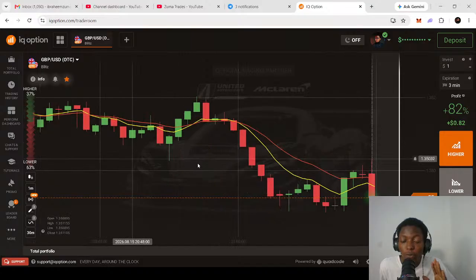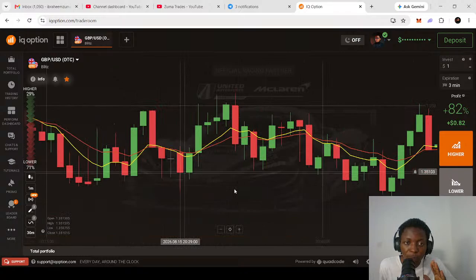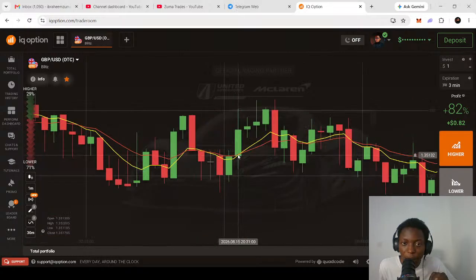And if you're looking for a buy signal, as you can see around this section, the cross happened around here. The yellow moving average crosses above the red moving average, and then if you look at the candlesticks, you can see that they are above the moving averages, and that indicates a bullish momentum, and it means that the market is going up. So if you open a position around here, it's still going to be profitable because we have a 1 minute candlestick, and if you calculate from here, 1, 2, 3, we would still have a 3 minute